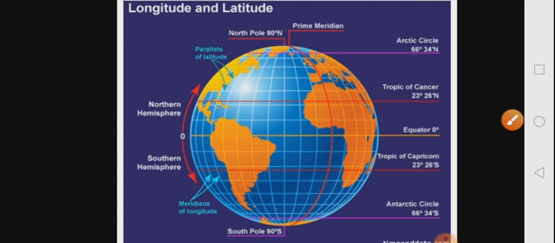So basically there are two hemispheres of our earth, north and south, and the line that divides them into two parts is called the equator, and the equator is found at 0 degrees. Please remember that all the areas and countries found in the region of the equator usually have a warm climate and receive very heavy rainfall, because the equator is directly opposite the sun. It receives the maximum amount of sunlight from the sun. Now back to our topic.